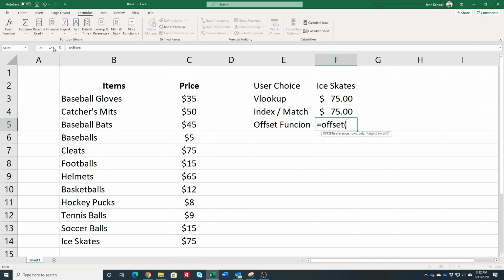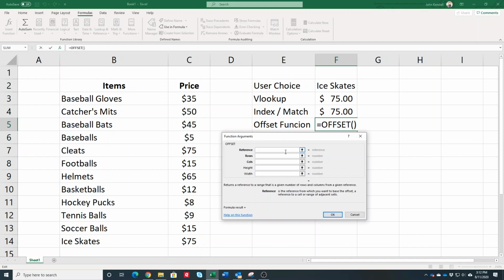All right, and I'll go up to here. And your reference is also going to be items. Again, lock it in. You're going to come down. How far? How far do you want to come down? We don't know. In this case, it's ice skates. You're going to want to come down all the way to ice skates. So,